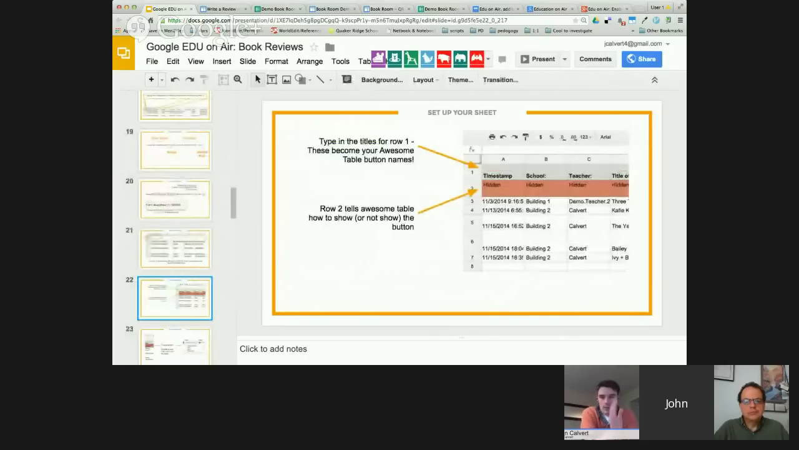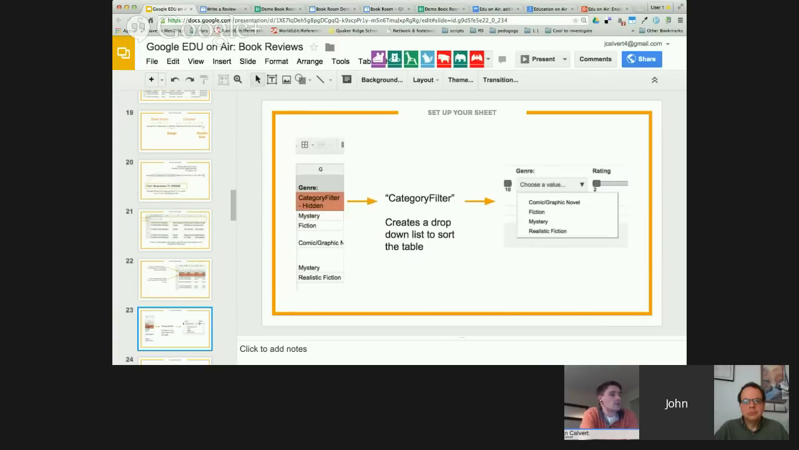Now, like we mentioned before, the first row are the names of your buttons. The second row are the instructions to the Awesome Table gadget on how to display that data or not to display that data. So you'll notice that a category filter, if I go back to my spreadsheet here,